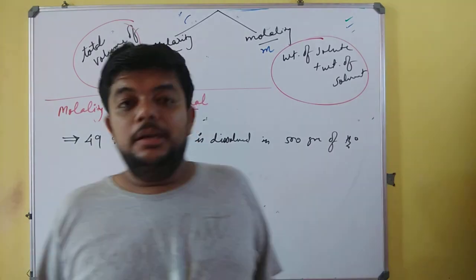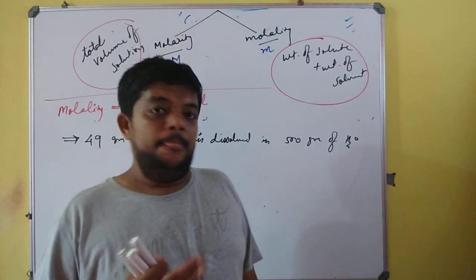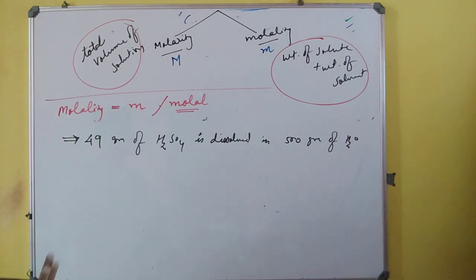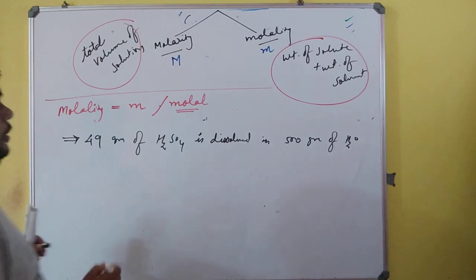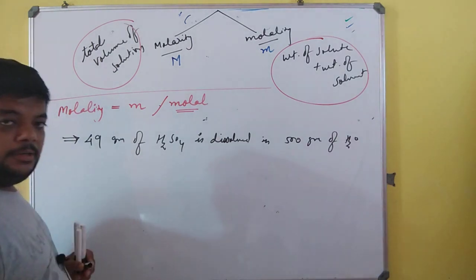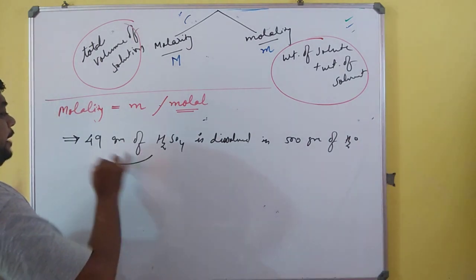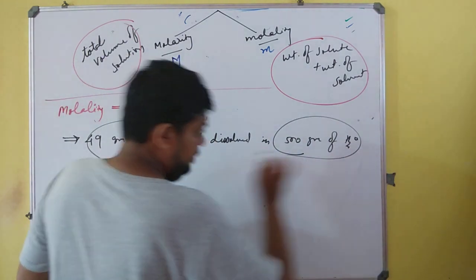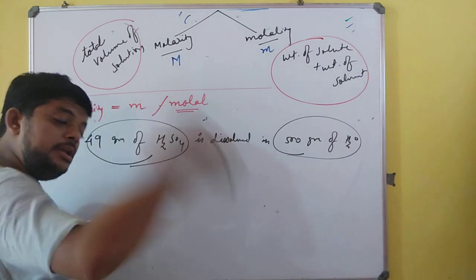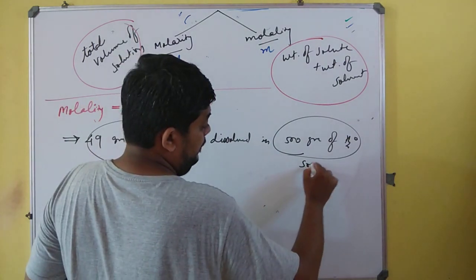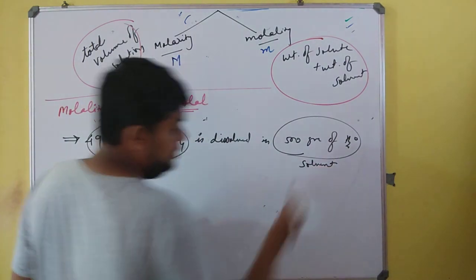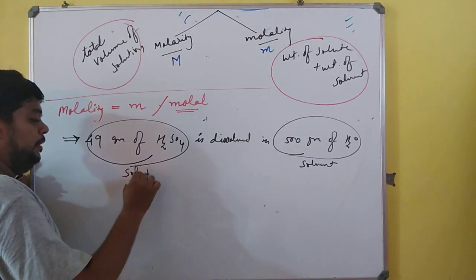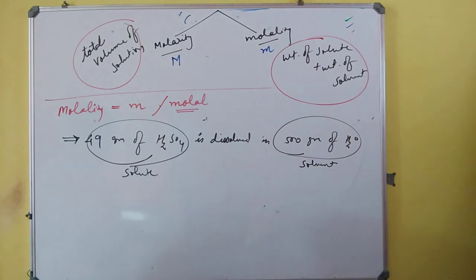and the one in less quantity is solute. May be right up to an extent, in 90% of cases. But always remember, from this particular statement, the thing that is dissolved and the thing in which it is dissolved: the one in which it is dissolved will always refer to solvent, and the one which is dissolved will always refer to solute.